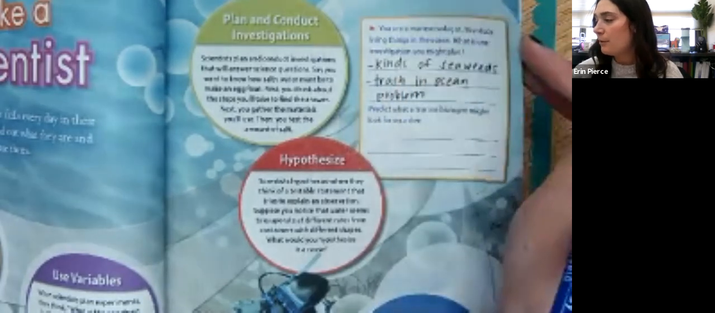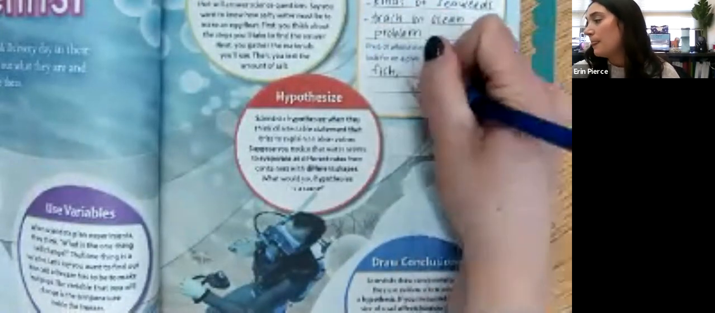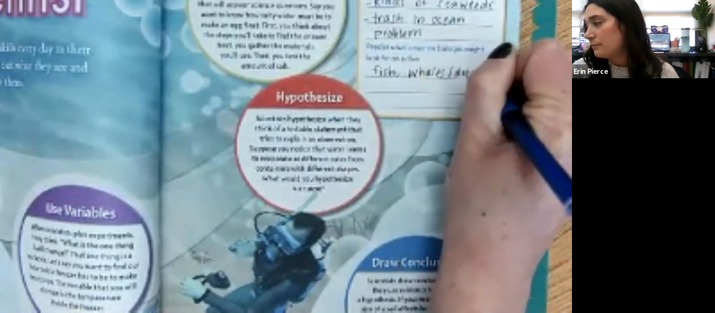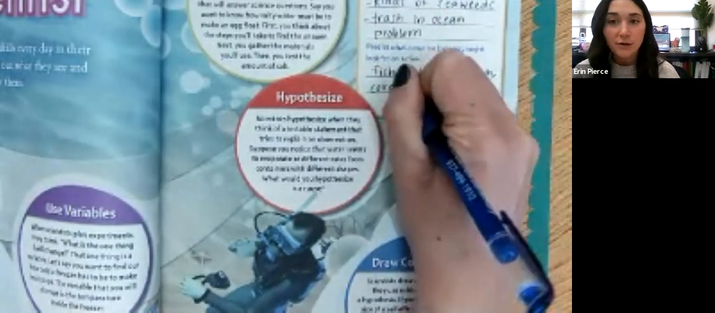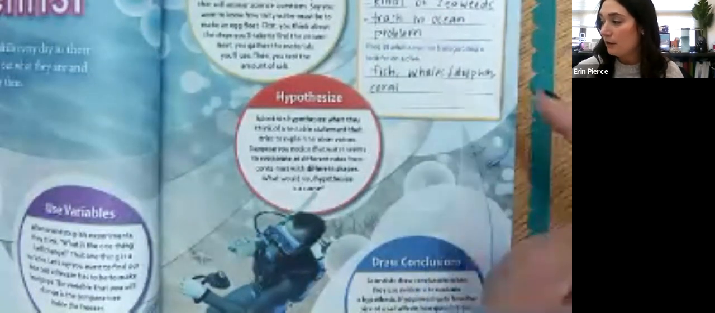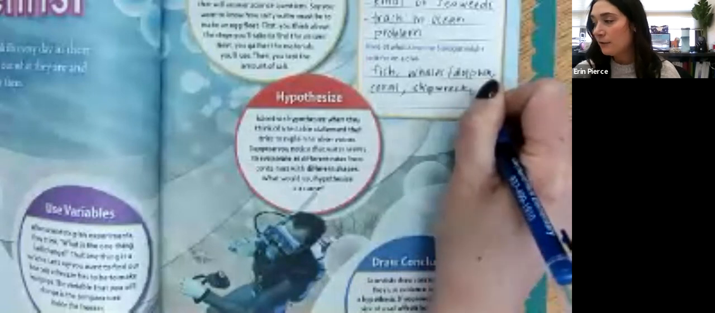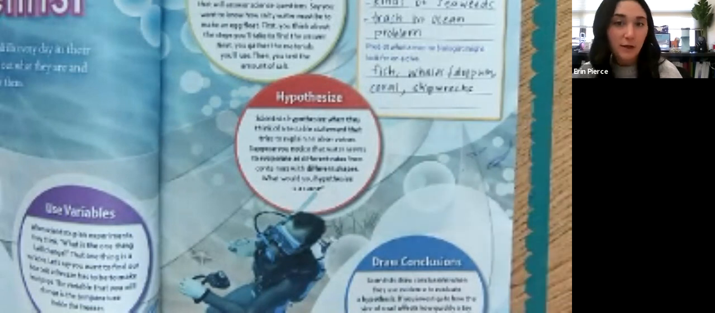Okay, predict what a marine biologist might look for on a dive. Well, I can already predict that they might look for fish. They might look for whales, dolphins. Those are not fish. They might look for coral, which are those big reefs that they can find in the ocean. They might look for shipwrecks. They might look for the trash that Owen brought up. You can list anything that you might find